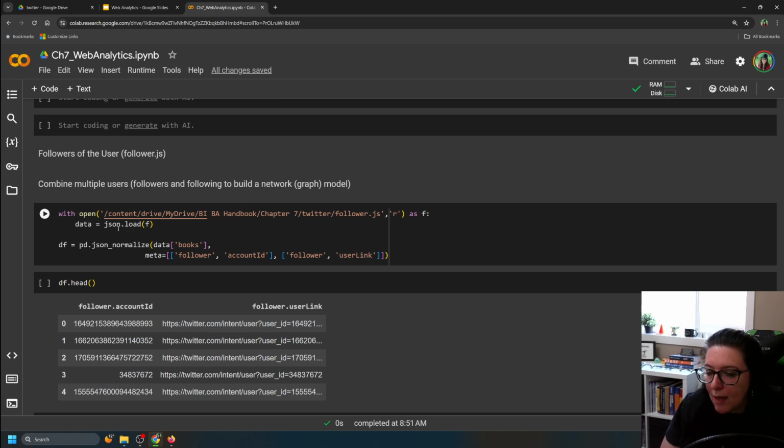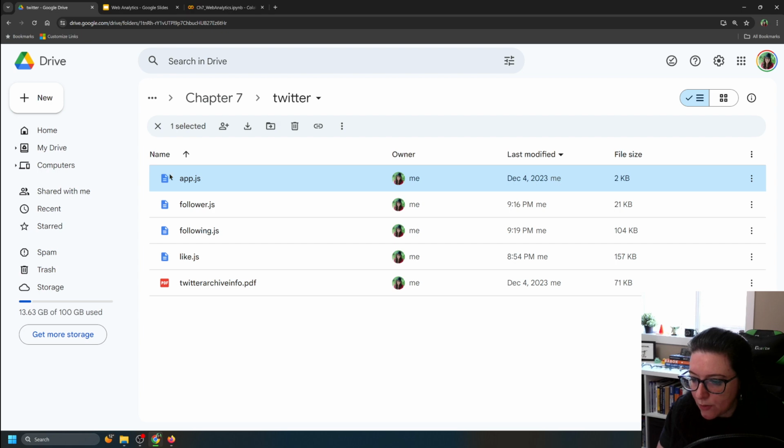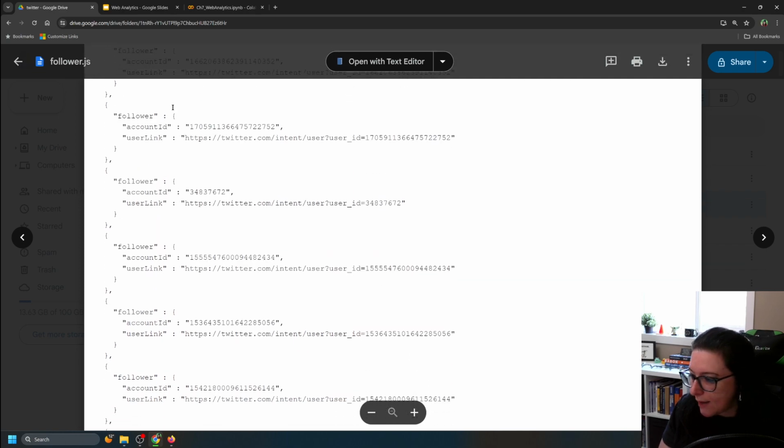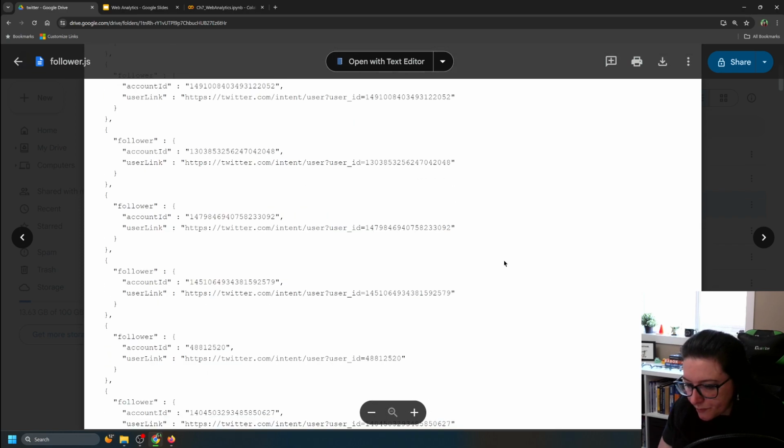If we do that, import this in, we again need to have the labels. So it's always good to open it up. So let's look at which one we are doing here. We are doing follower. And you can see here, I've already changed it. So curly bracket, books and quotes, colon, hard bracket, and at the very bottom,